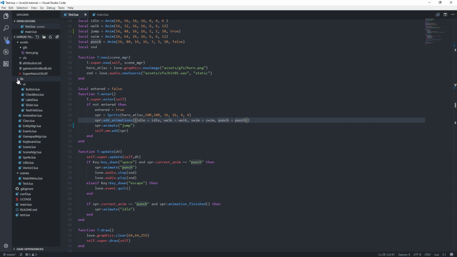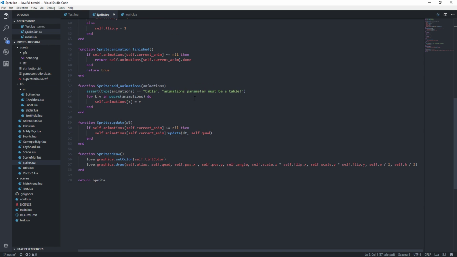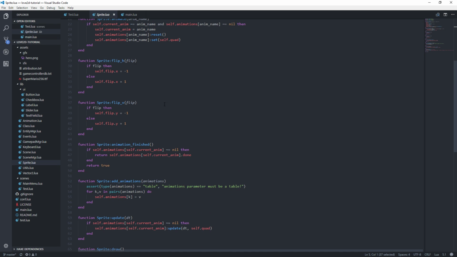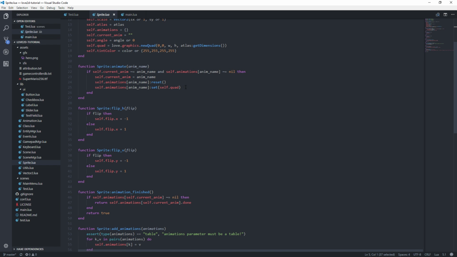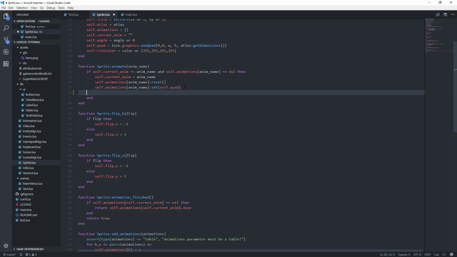So in order to do that, let's go to the sprite module. And up here in the animate function, let's look at this. So if the current animation is not equal to animation name, and the self animations, so we're looking in that table to see if it's not nil, then we do all this stuff. But we want to look and see if